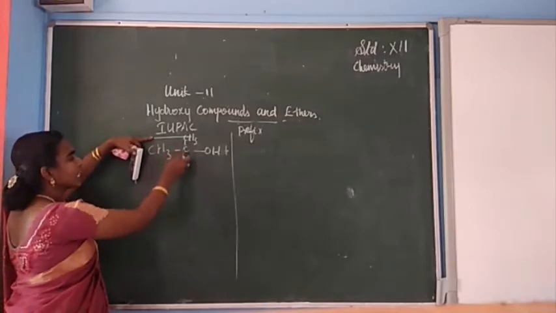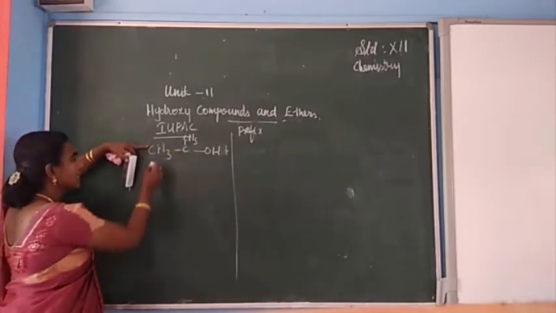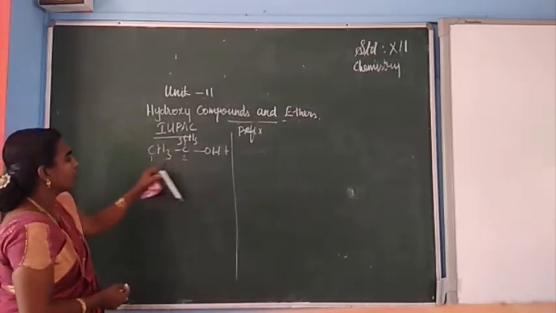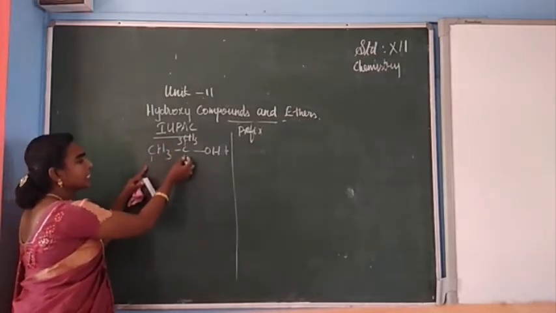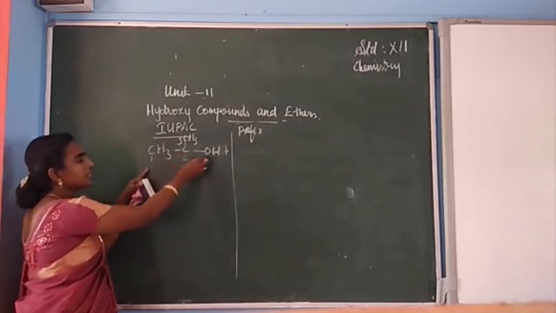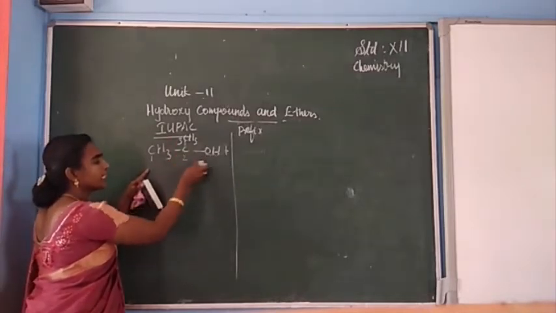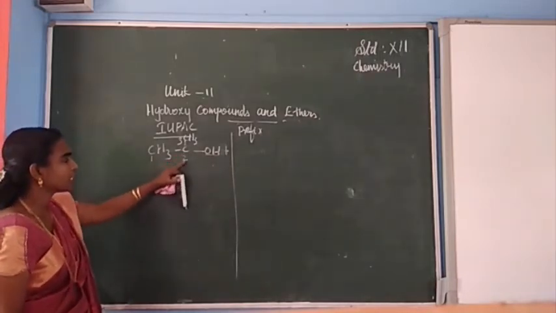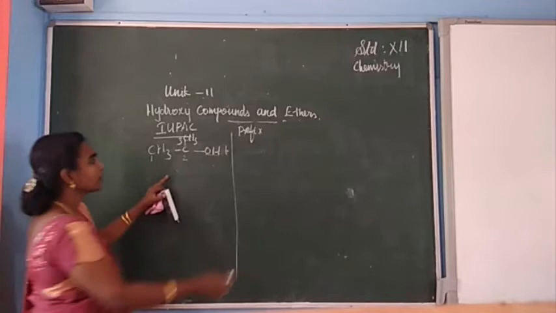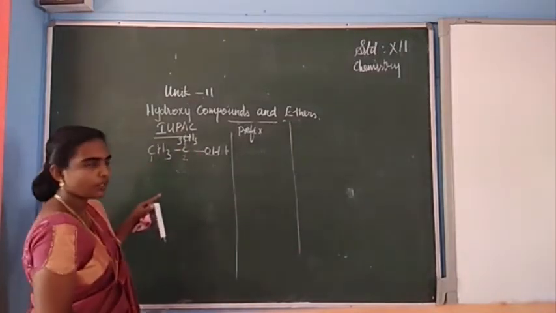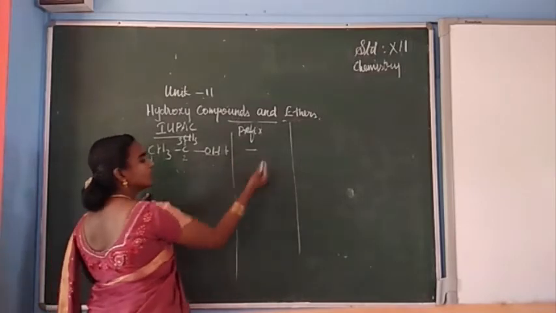First we have to select the longest carbon chain. So select this carbon chain. In this carbon chain, here we have given number 2. Among these 3 numbers, the carbon containing the functional group should get the least number. So here it is 2, the least number. The prefix is the substituent. Here there is no substituent, so no need.